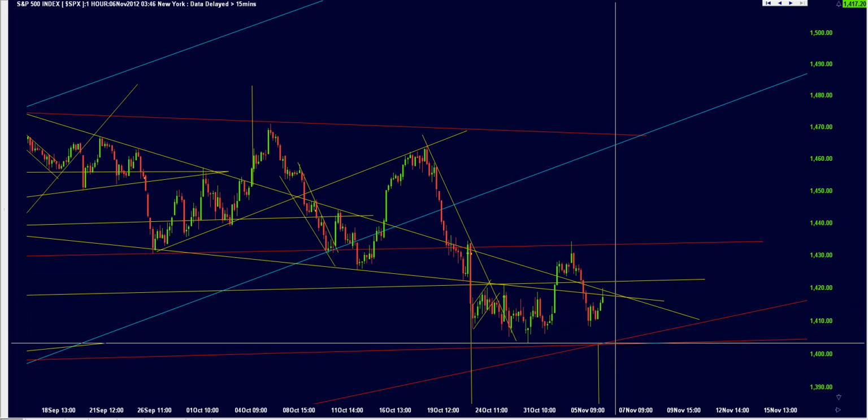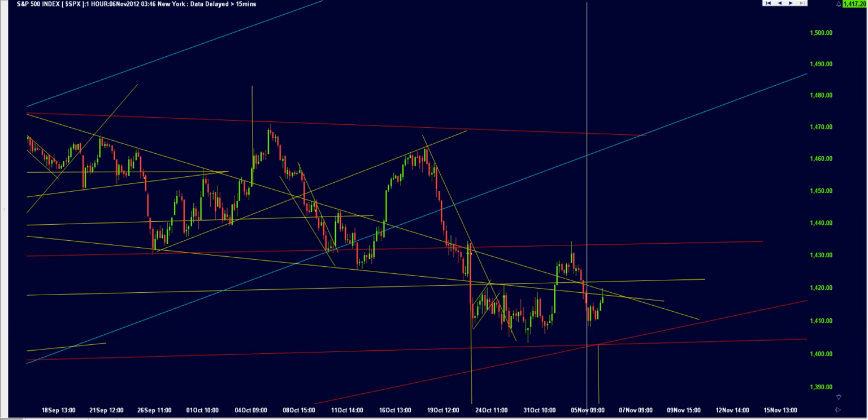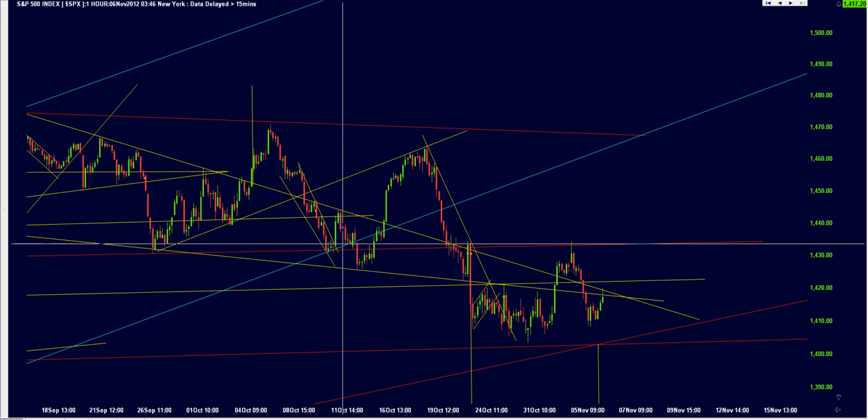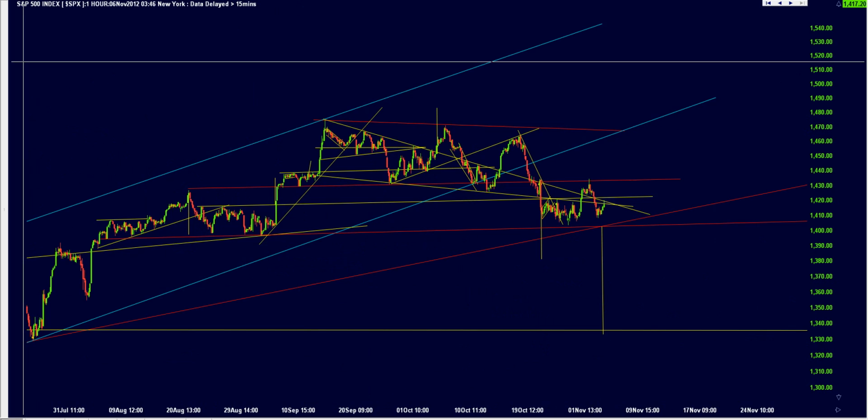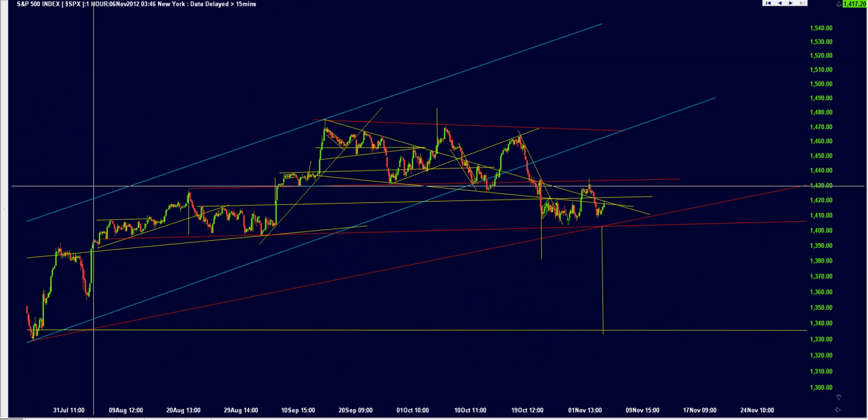Now we have tested on this area a few times and we've just bounced around. So with the S&P 500, we are getting that sideways whipsaw action. One thing that I will point out is if I extend the chart out a little bit, just for an experiment, what we'll do is we'll just measure the